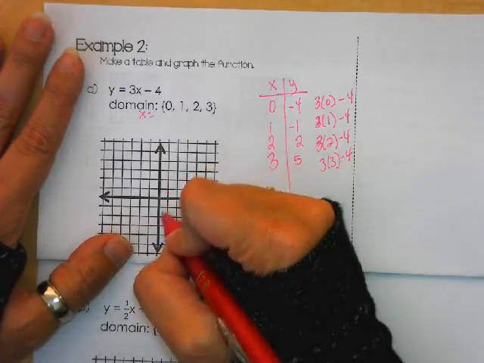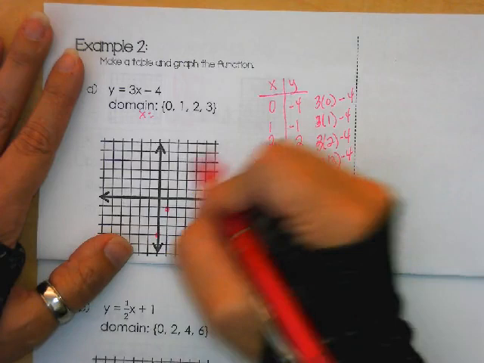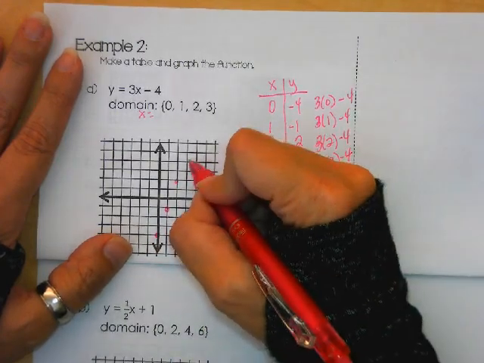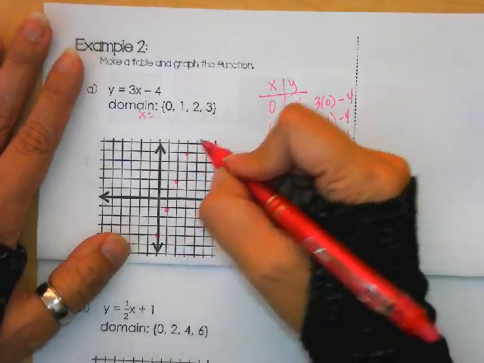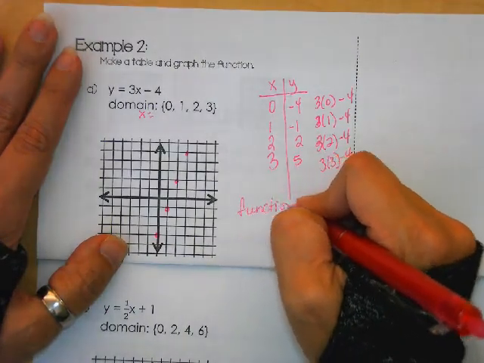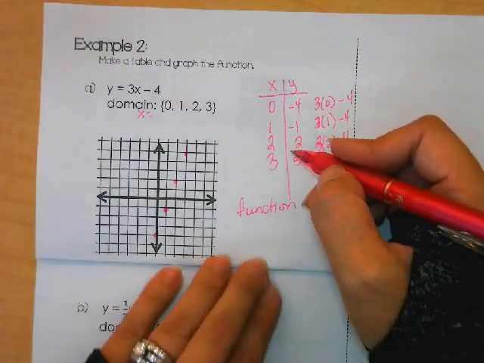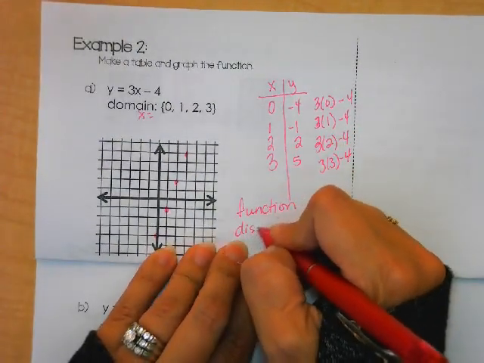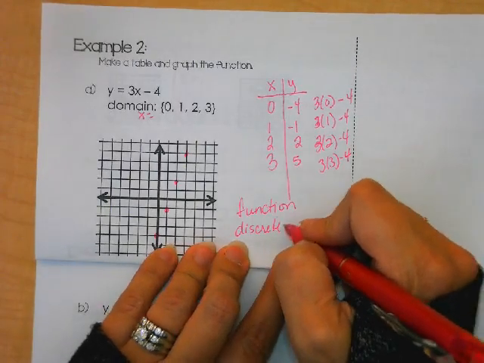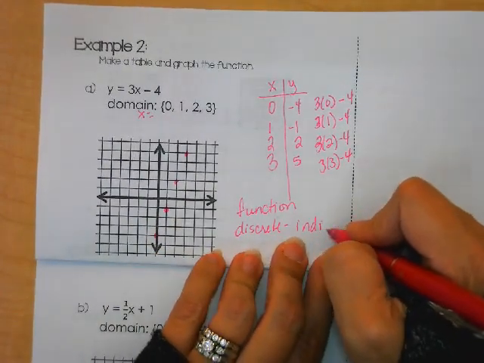So when I graph these, I'm at 1, 2, 3, 4. 1, negative 1, 2, 2, and 3, 5. And I can see this is in fact a function. Also, it will pass the vertical line test, no repeat x's. This is a discrete representation. We talked about this when we talked about the push-up and the pull-up. So this is individual